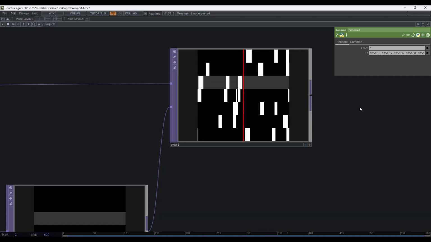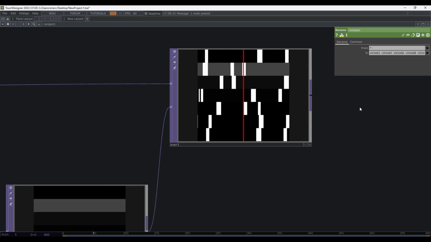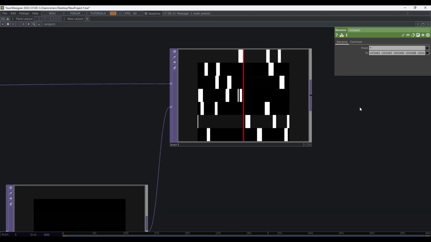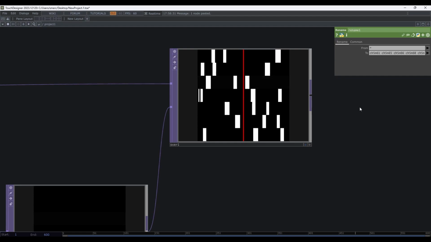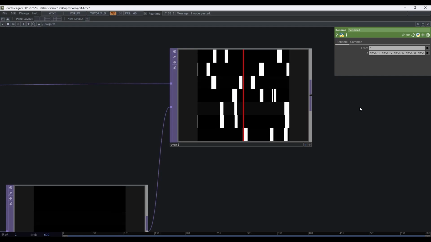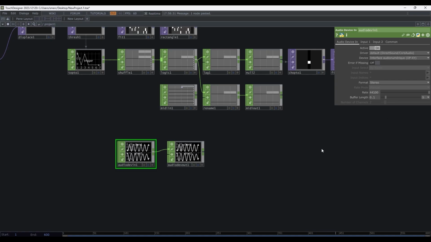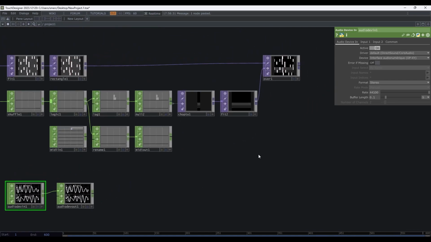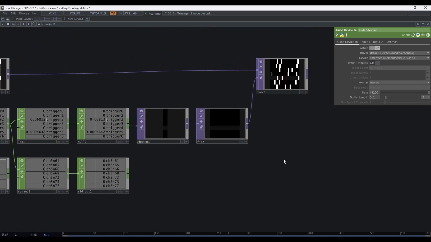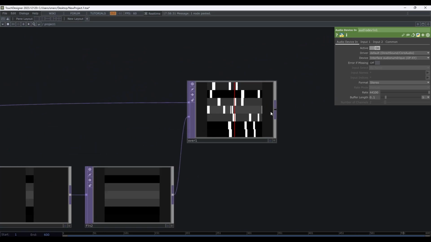So for me, as I'm hearing it directly from my MIDI device, it's perfectly in sync because there's no latency with MIDI, especially when you're sending it via USB or via its Ethernet connection. But you might be hearing a bit of a lag because of the buffer of the audio interface. Audio needs a buffer to have time to be processed by your computer, so that's why it might not seem